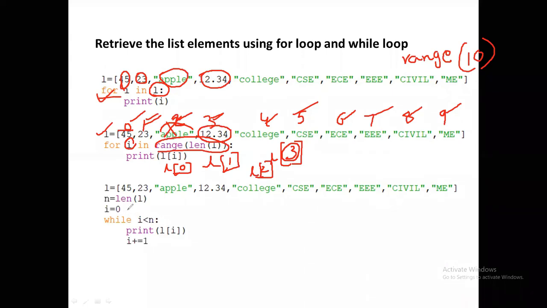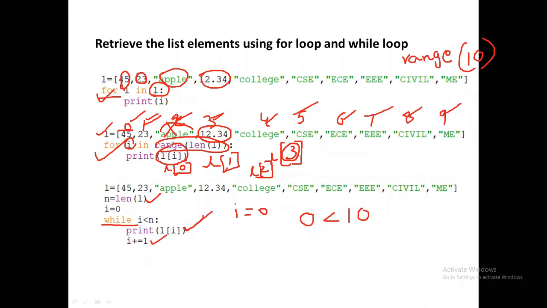And another one is retrieving the list elements using a while loop. The while loop is also similar to the previous one. Here we are using the length. Initially I am taking the I value equal to 0. And this 0 is less than 10, that means the length of L. So the length of L is 10 here. So while I less than 10, you are going to print L of I. In the previous example also, we printed L of I only. After printing this L of I, you increment the I value.